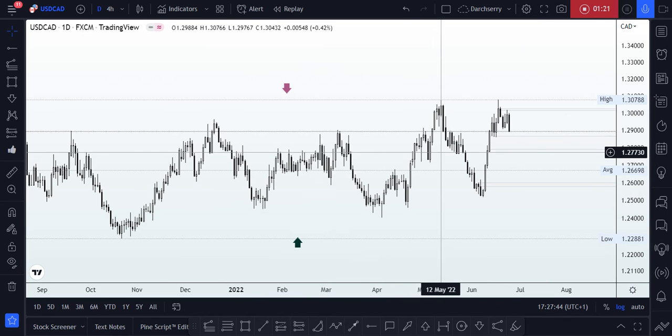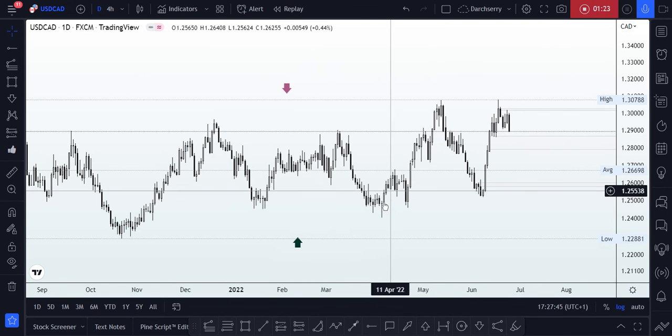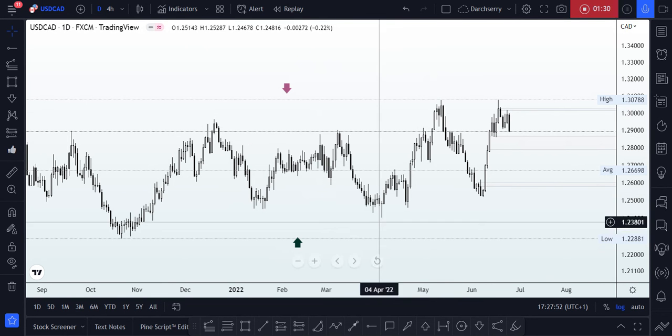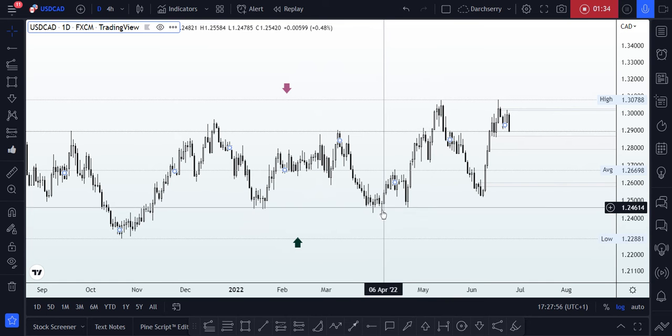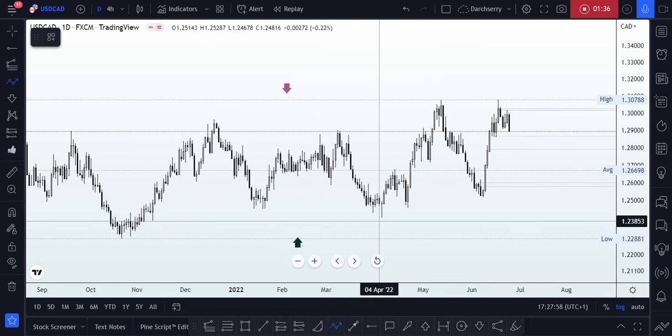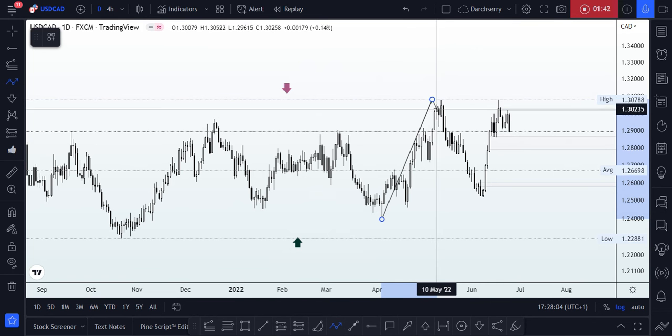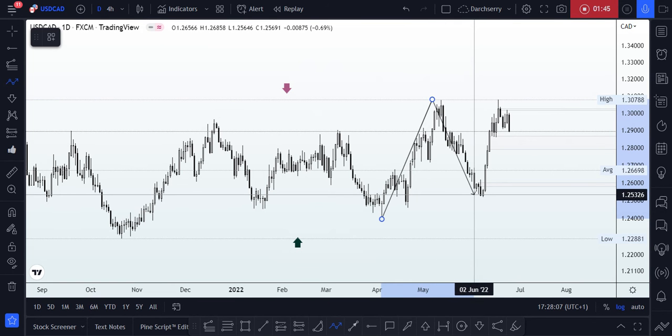Well, one thing I noticed here is this. Between the month of April and the beginning of May, we saw our price climb up into the 1.31 area, and after, we saw a rejection of that 1.31 area, which pushed price further to the downside